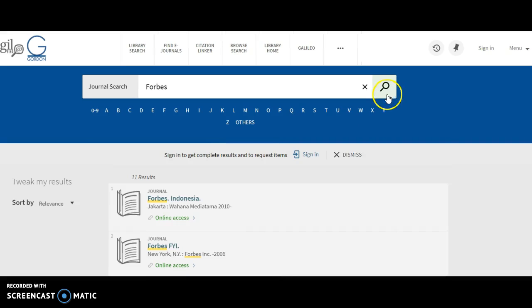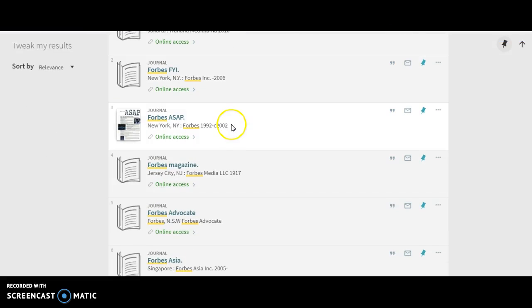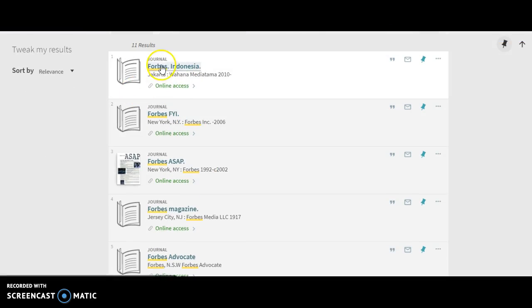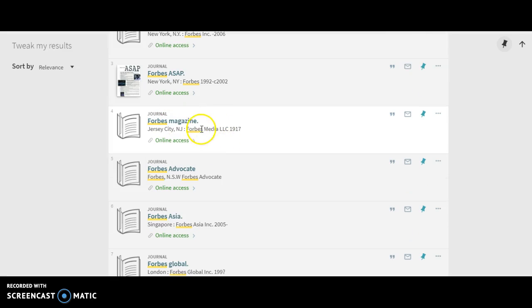This journal is available in several different databases. There are also several listings for Forbes. So there's Forbes Indonesia, and this is a supplement to Forbes FYI. The one that you want to select is going to say Forbes Media LLC 1917. And that one's number 4. Click the journal title,